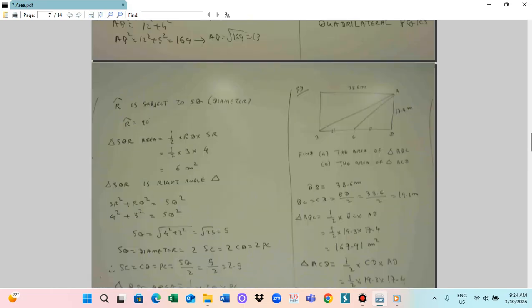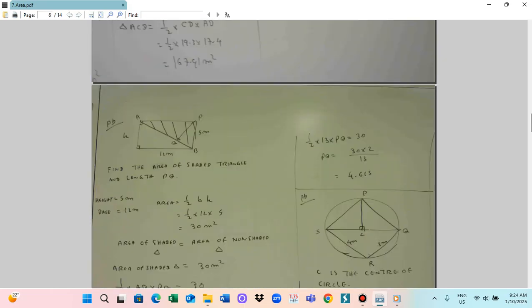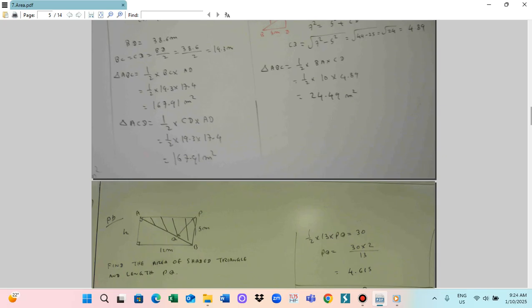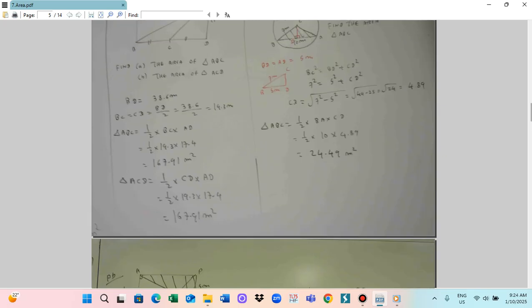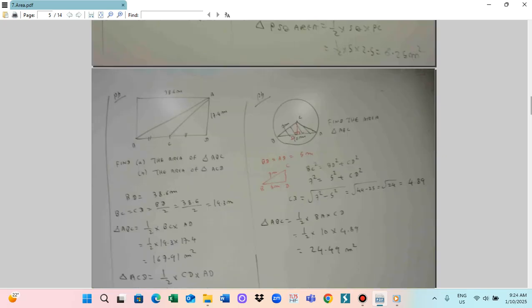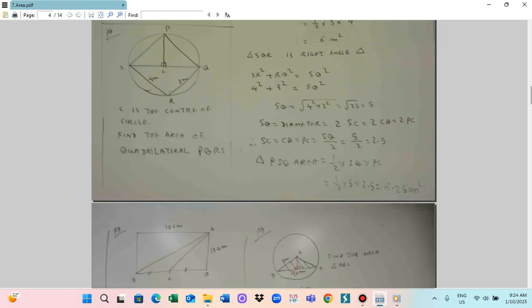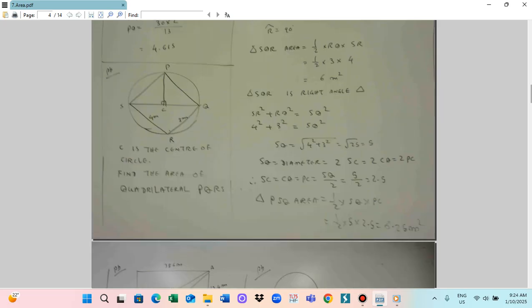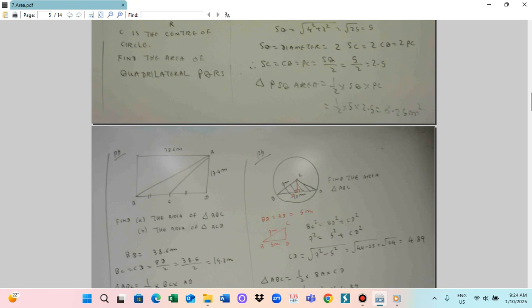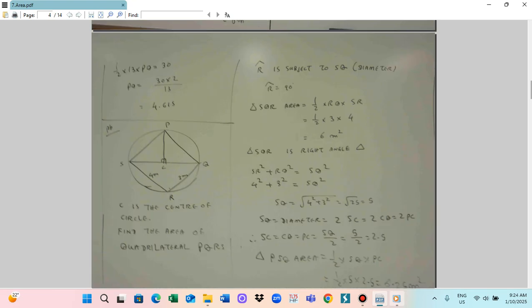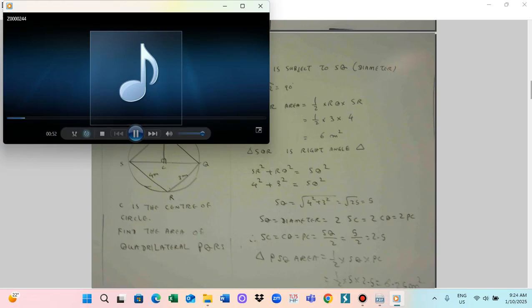SU is 5 multiply 2 by 5. So this is 6.25 square units. By the way, you can calculate it. So this is the area of this one. Okay, so we need to find the area of the triangle ABC and also find the area of the triangle ACD. So for the area of triangle ABC, this side BD is equal to